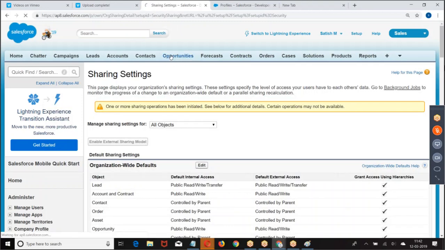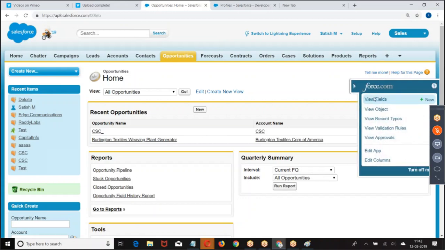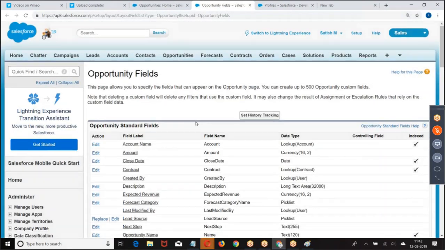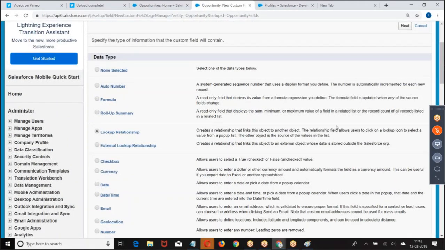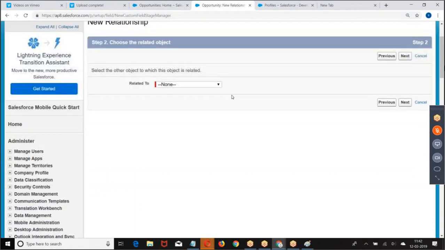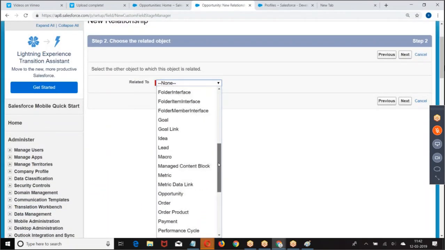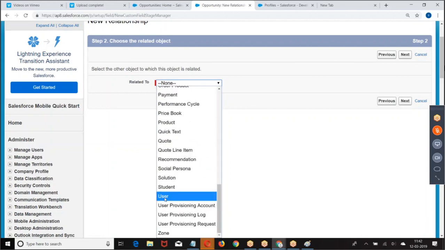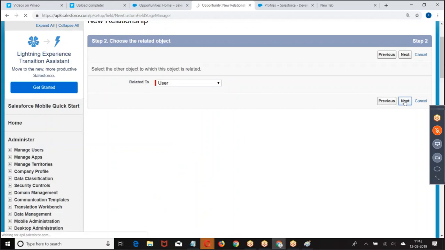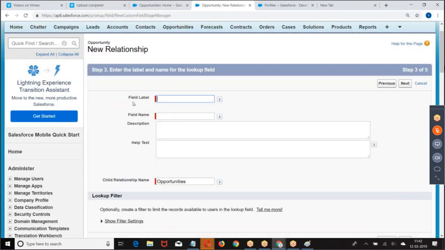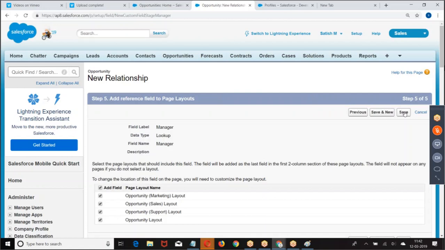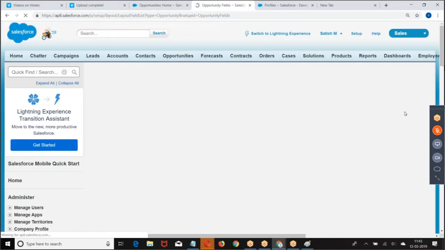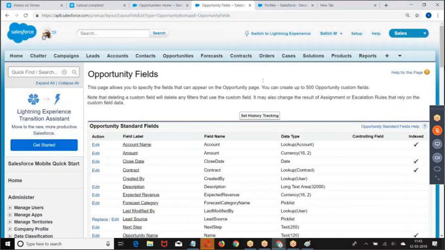Meanwhile, I will create one custom field on the opportunity. Lookup relation. This is how we create it.